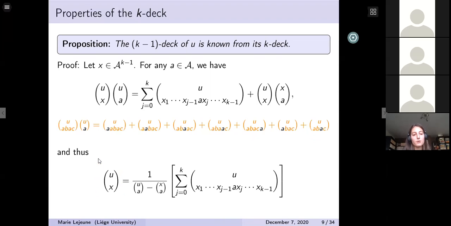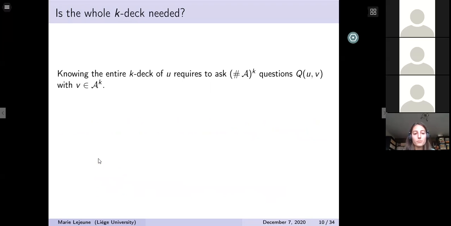And so if you have a word x of length k minus 1, you can use the formula and you can know it from what? From the 1 deck of u and from the k deck of u, because this word is of length k. So by induction, from the k deck, you know all the previous decks, right? Okay, and knowing the whole k deck is